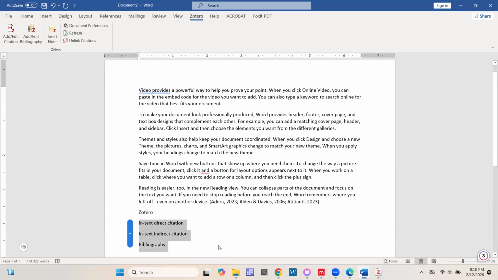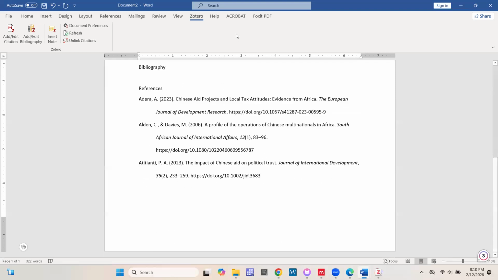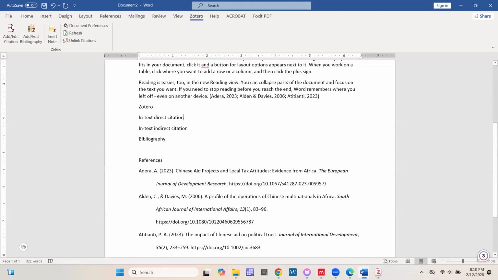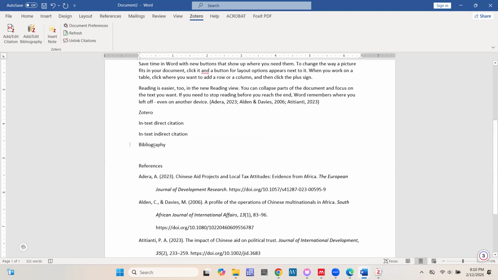The document you are going to submit should be a Word document, because that's how I can confirm whether you used Zotero or Mendeley. You are basically going to generate these 2 paragraphs, and in them do as many in-text citations as you can. Some of them should be direct, some indirect. And then on the last page, you should have your bibliography. So your document should have 2 to 3 pages, because if you write on 1 page, the next page will be for your references. If I say reference, I mean bibliography. That should be on a separate page.